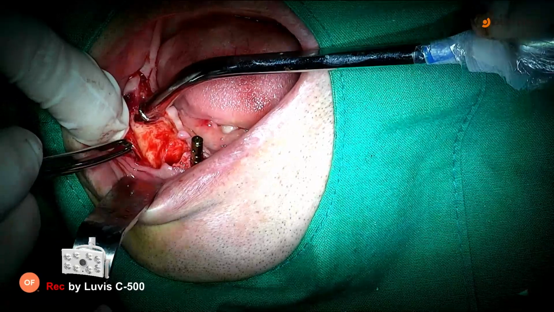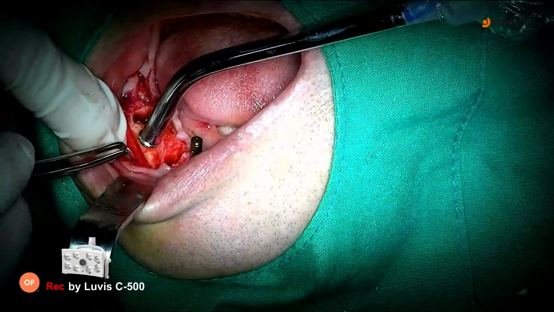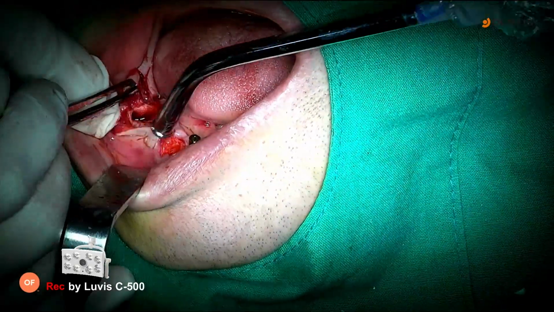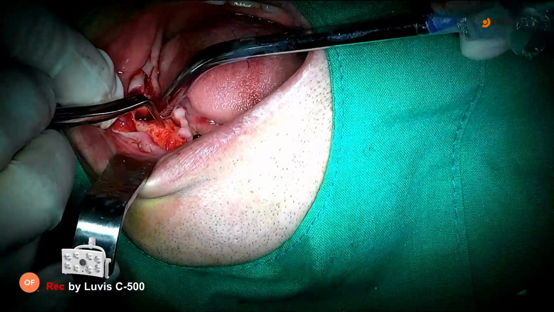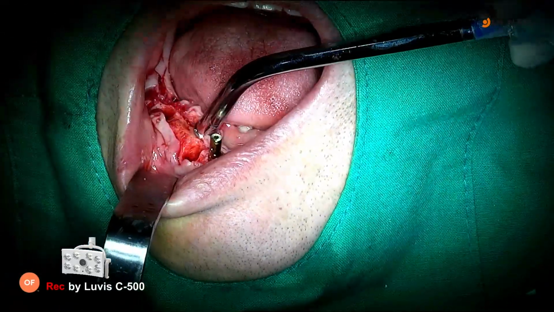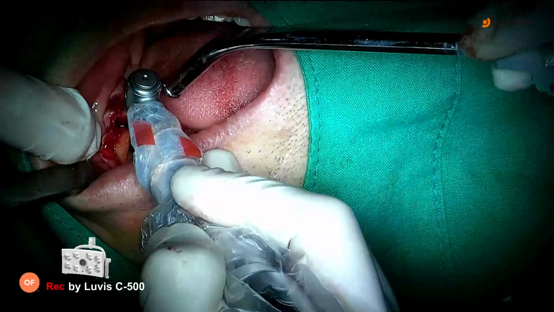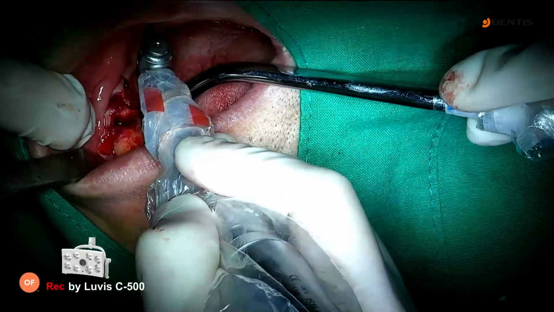So let's check one more. This is the mental lobe here. This is the mental lobe here. So first molar, second premolar, and the medial cantilever will be better. Medial cantilever. This is the mental foramen. Okay, this is the